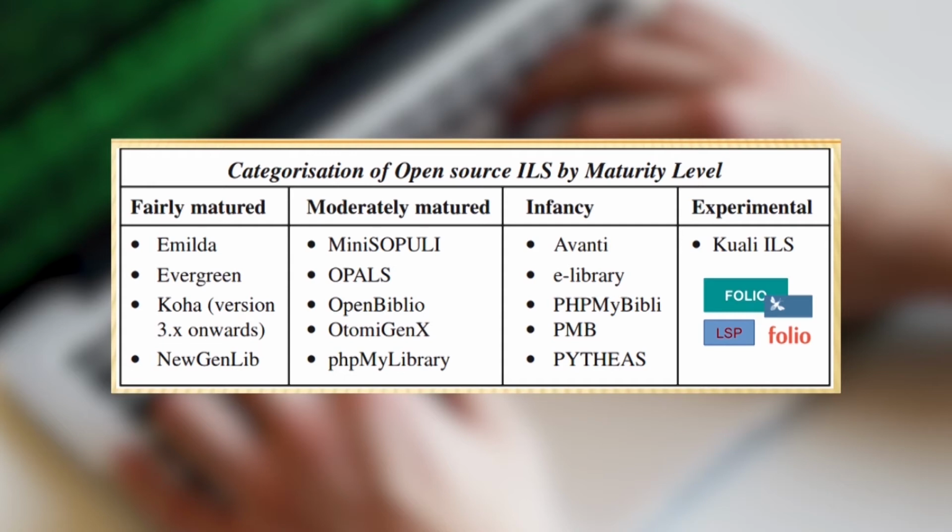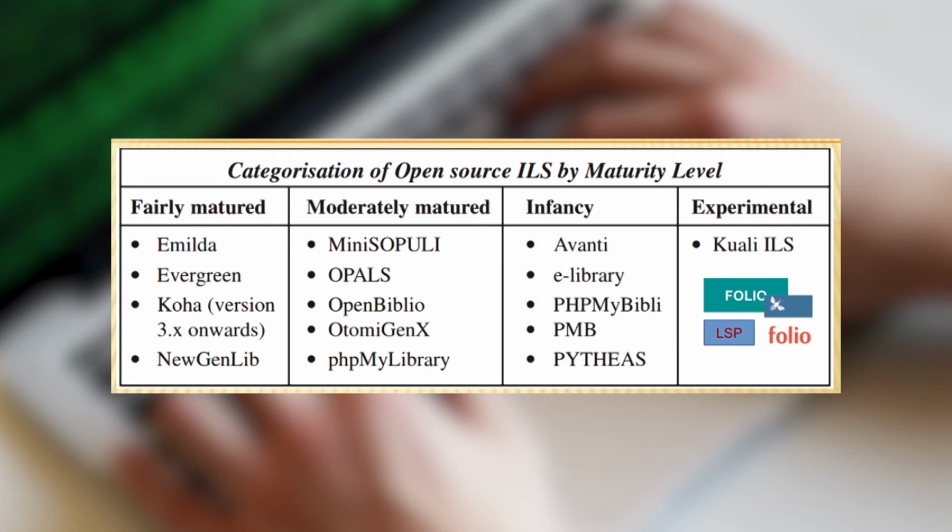Everything is changing rapidly in the domain of library services. Now we are moving from ILSs to progressive ILSs to LSP. So two experimental ILSs the whole world is observing very closely. One is called Koali-Ole ILS, that's an experimental one. On top of the Koali-Ole ILS source code base, another LSP, library service platform, is coming up: Folio. Still the beta version is available, and the final release is still awaited.